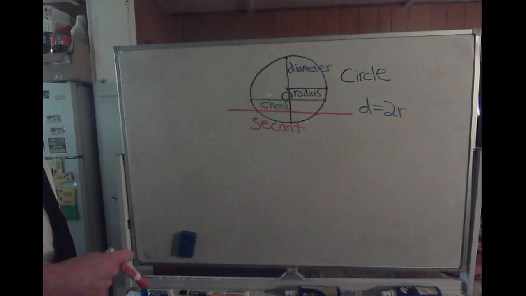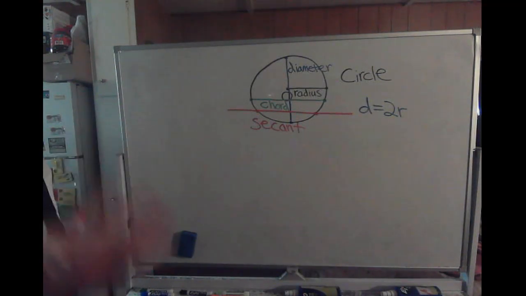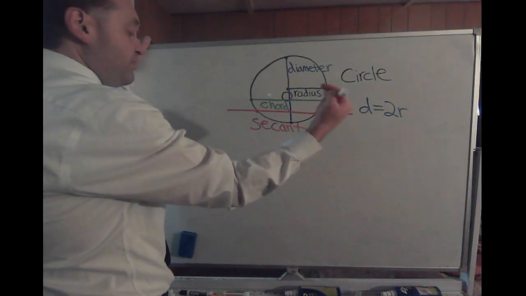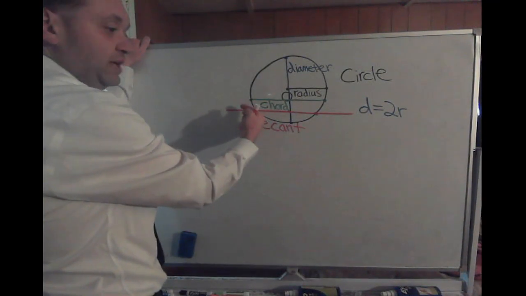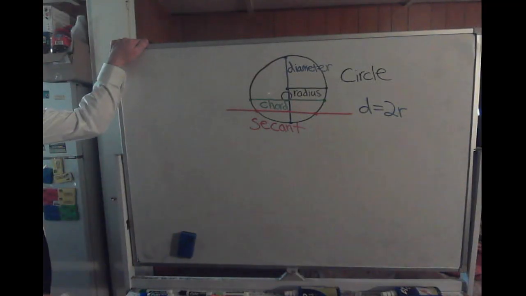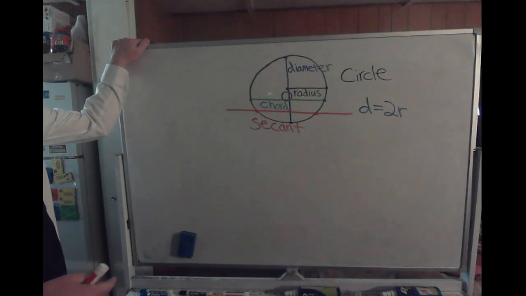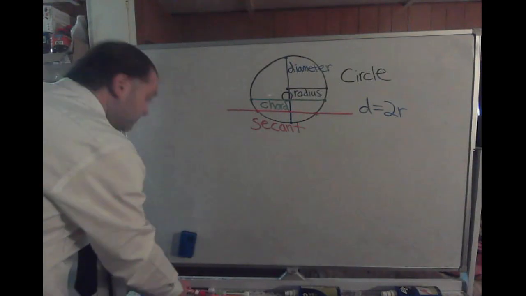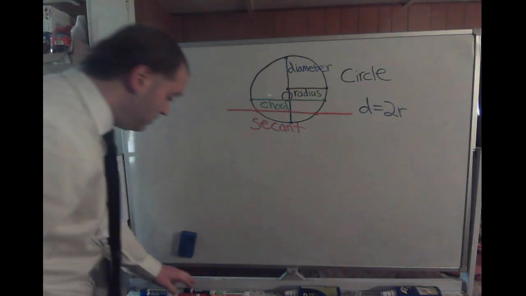You could also think of it like a secret passage in a way. Secant, secret. It goes from outside in secretly like a tunnel and then back out the other side. That's how I'd remember secant. It's like secret. Then there's one more type of line that we need to talk about,